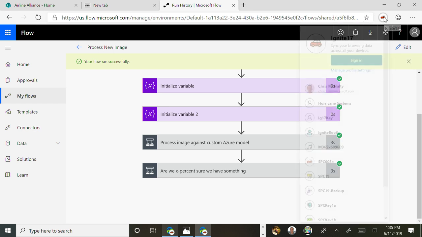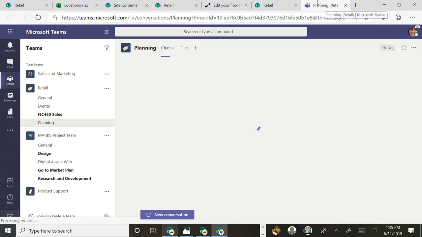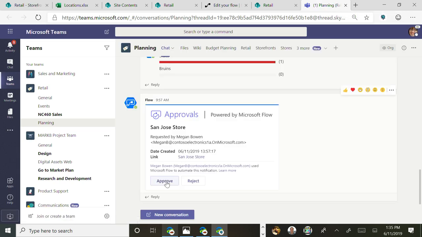To show you what that actually looks like, this is an adaptive card approval. So this is what the user experience typically looks like.